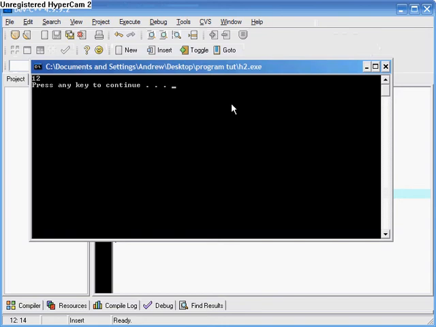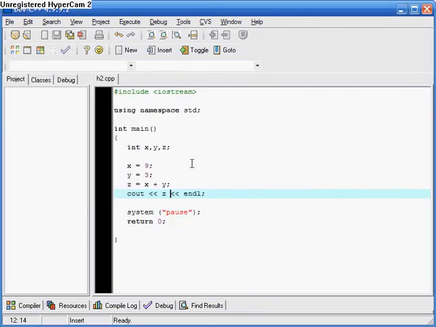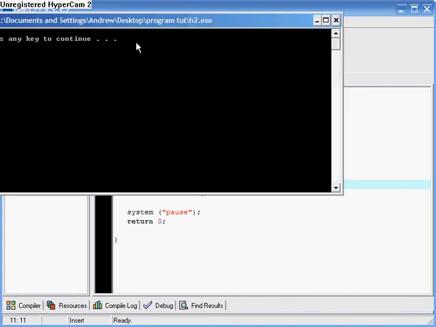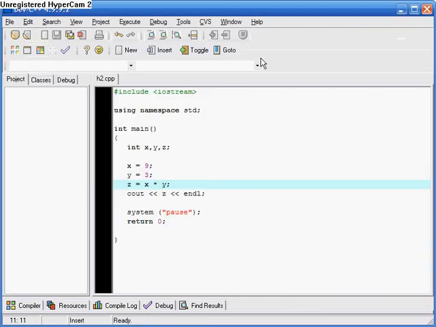Here we go. So that's that, and you can take away, or well, I'm not going to take away because it's going to be a minus number. You can times the two numbers together. So times and run, 27. So you can pretty much do a lot, and hopefully by now you understand why we have these values,